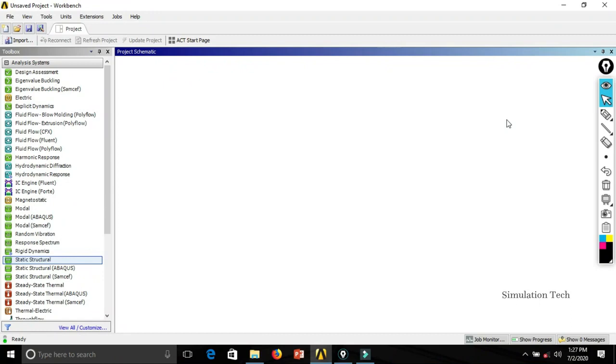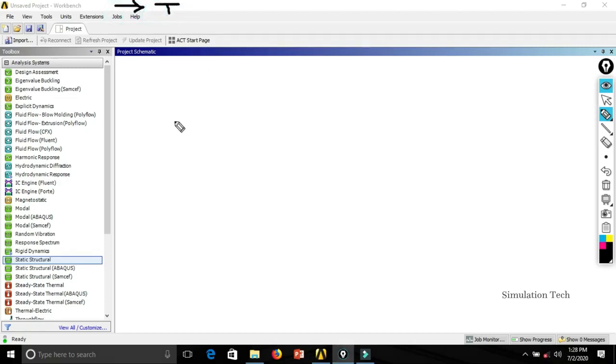Right. So ANSYS Workbench is a CAE software, and you are already aware of it. This is the welcome screen of ANSYS. Let's see what components are available here, and what they actually mean. First, this is called the title bar. The name of the project and this kind of information is available in the title bar.